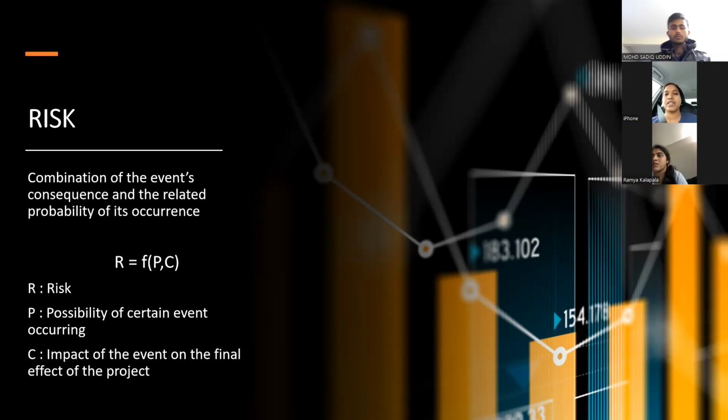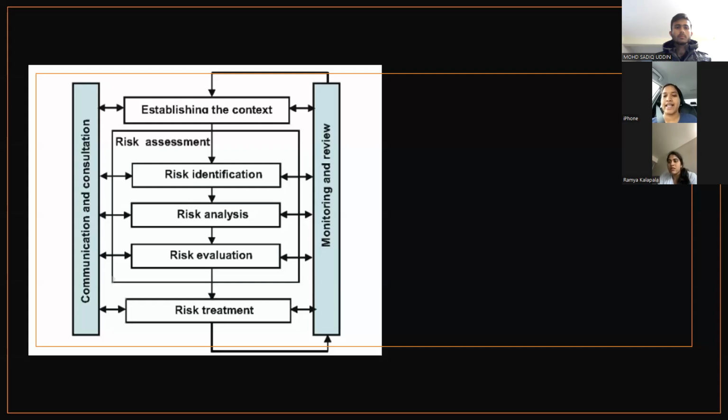It is calculated using the formula R = f(P, C), where R represents risk, P is the probability of a specific event occurring, and C represents the impact or consequence of the event on the project's final outcome. Basically, the factors initiating risk depend on different variables like the type and size of the project, legal and political conditions of the project, and the construction environment too. These impacts are indicated as a change in the investment's duration or in the project's cost. Let's go further and understand the risk management process in the next slide.